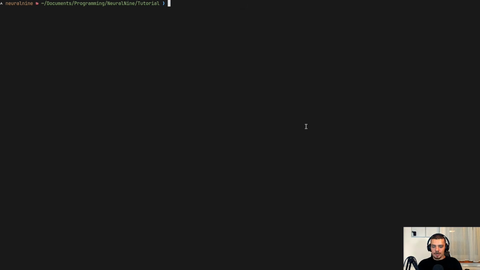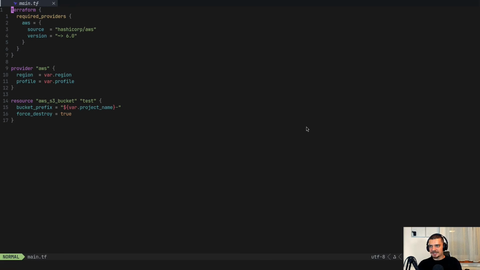Now, let us go to a more complex example. We're still, as I said, going to keep it simple, but I want to add some more services. I want to have a simple setup where I have an S3 bucket, I have DynamoDB, which is managed NoSQL, and I want to have a user. So basically, when you do apply, I want a bucket to exist, I want a database to exist with a simple table, and I want a user to exist.